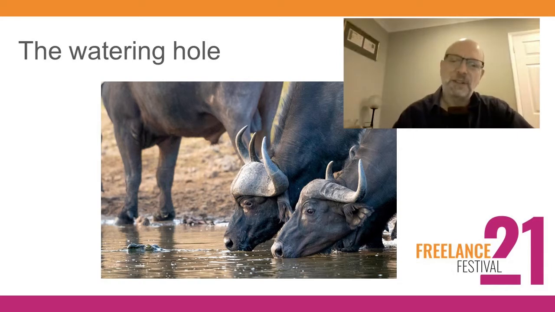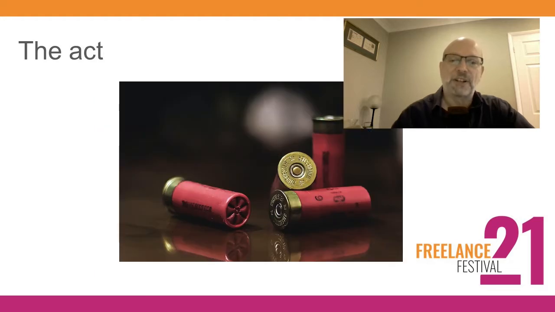So if you go to its watering hole and just sort of hang around, eventually your buffalo will turn up because that's what he does. And what are you going to do then? I'm afraid you're going to shoot it between the eyes, because that's how you kill a buffalo. Now,